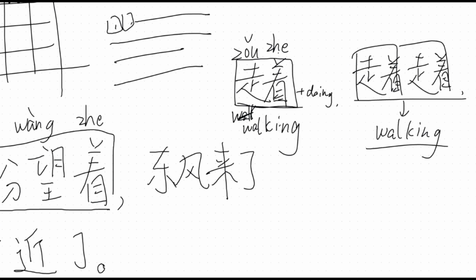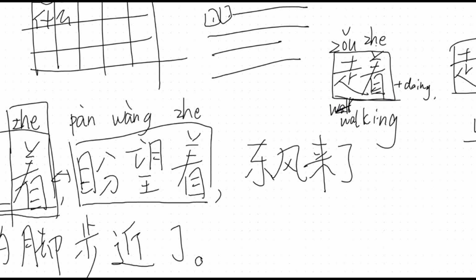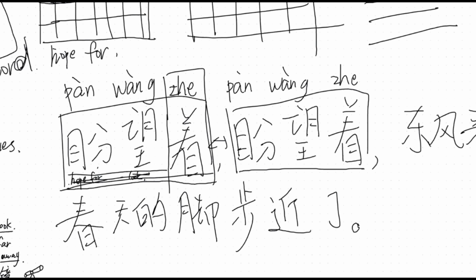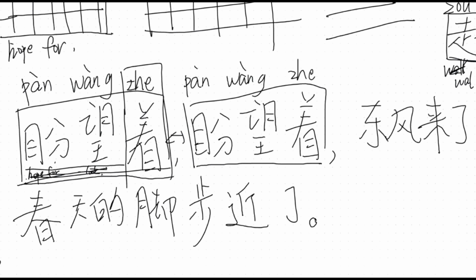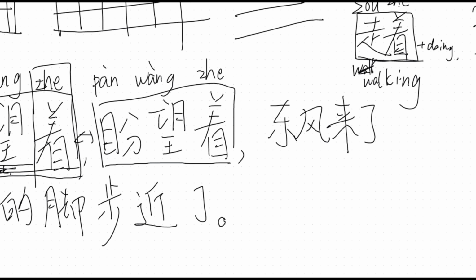When you write something again, it emphasizes. So let's go back to here. 盼望着，盼望着. So he's really hoping for something. And finally, 东风来了。东